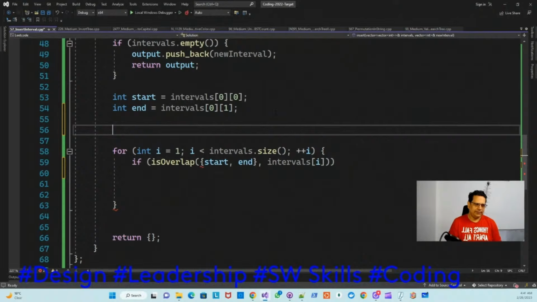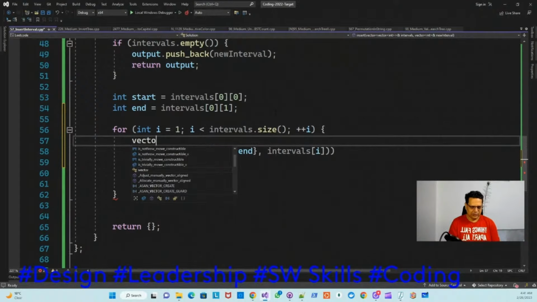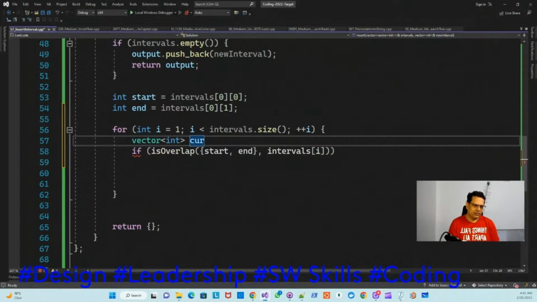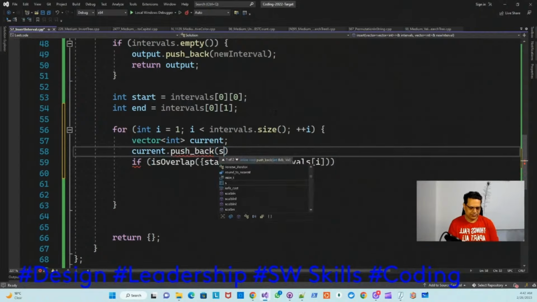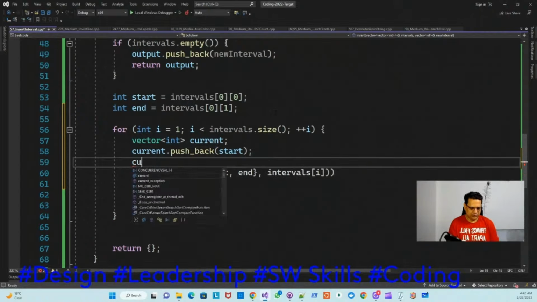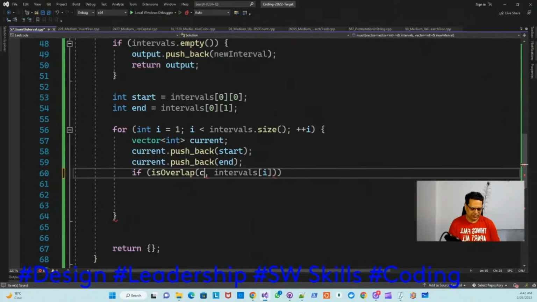So you do one thing. You have to build a vector of int, current, and this current dot push_back start, and then current dot push_back end. And instead of doing this, I will pass current here, and if this is equal to false,